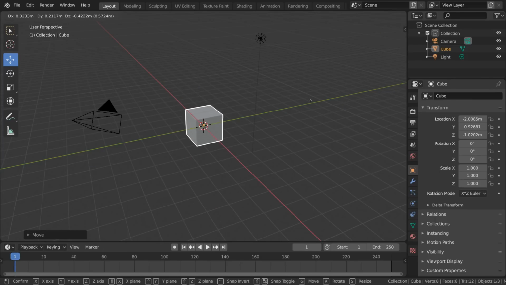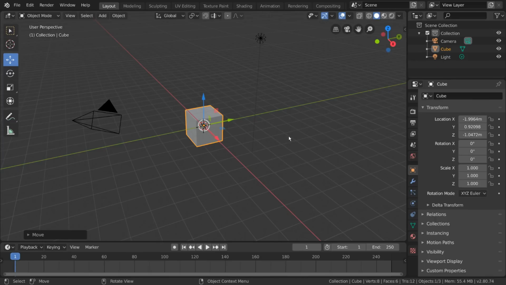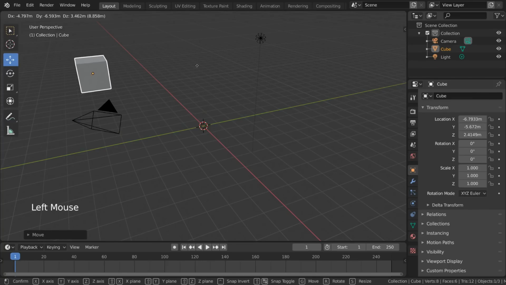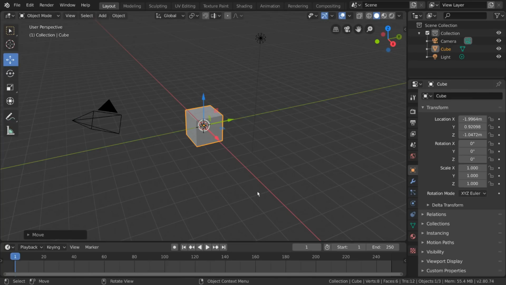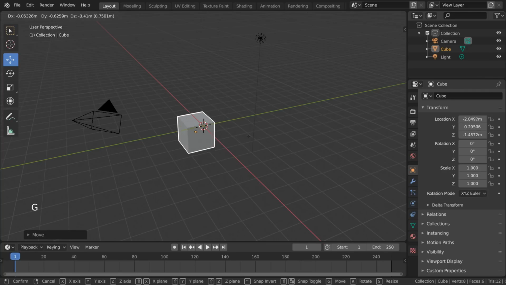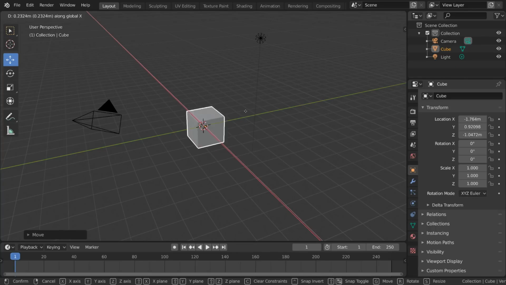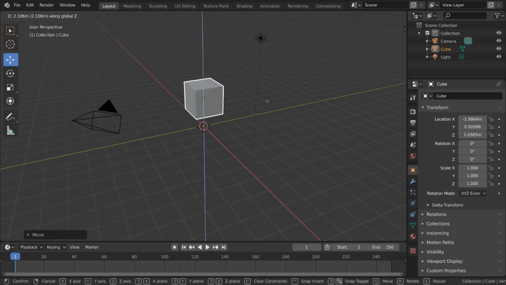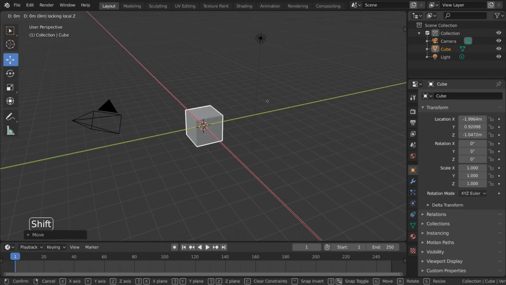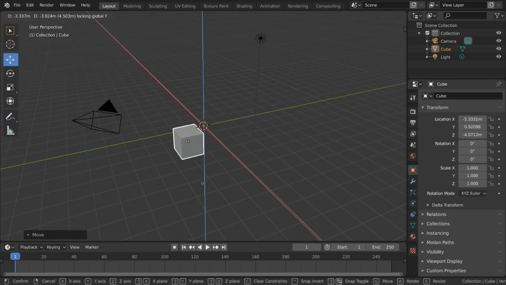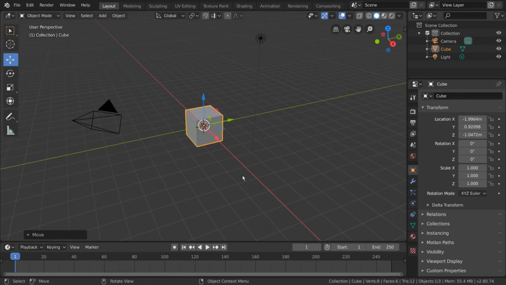Now, in case you change your mind about moving your object after you've already started dragging it, simply right-click before letting go of your left mouse button. This will work for all transformations. For hotkey users, you can press G as in grab to initiate the move along your viewing plane. You can then press X, Y, or Z to move it along a specific axis like the colored arrows did. Or you can hold Shift and press X, Y, or Z to move it along the other two axes like the colored squares did. You can right-click at any time to cancel the move, or left-click to apply the new